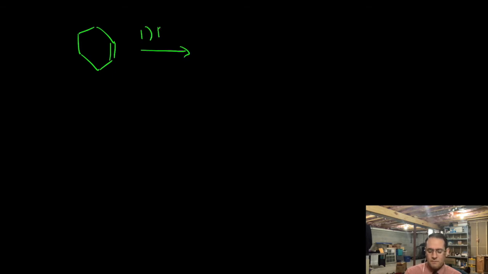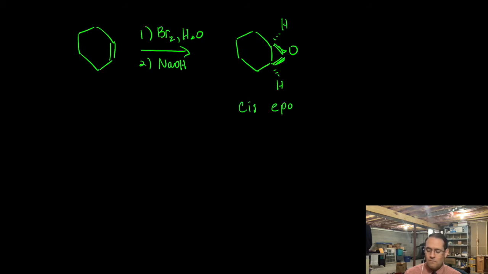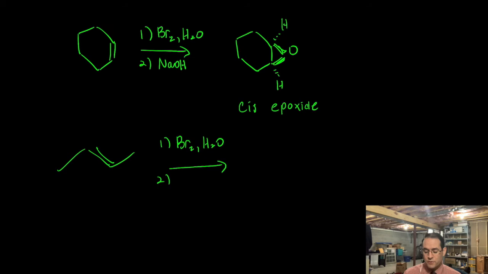If you have cyclohexene and you treat this with bromine and then water, followed by sodium hydroxide, you will form the cis epoxide. Okay, cis epoxide. Now, if you have something like this, and we also treat this with bromine and water, followed by sodium hydroxide,